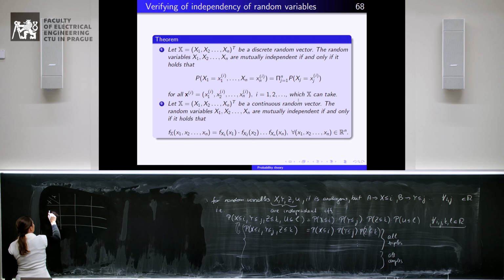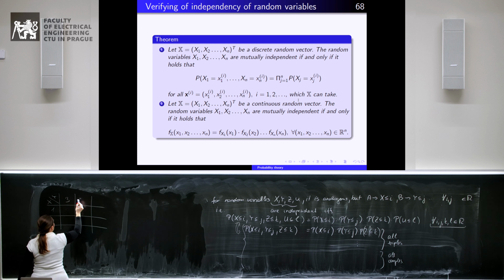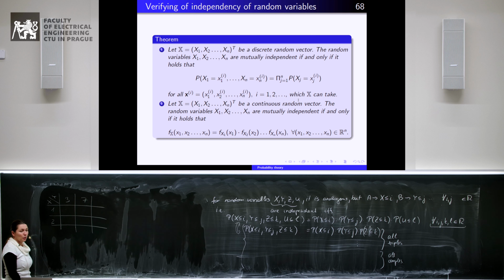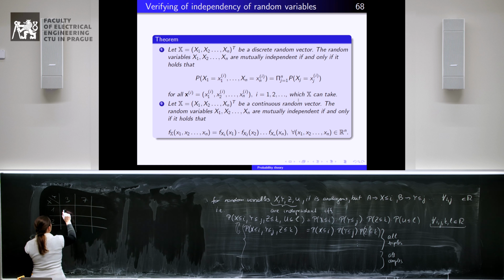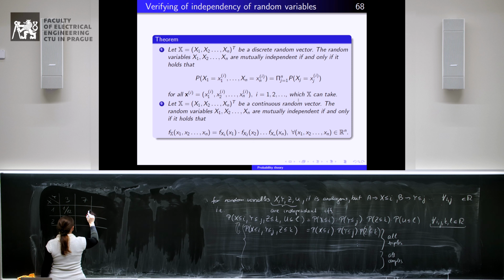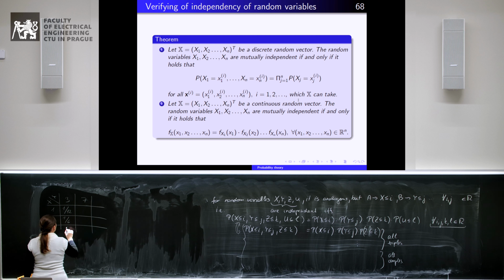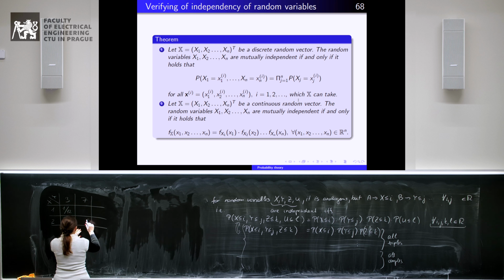And x can be, let's say, 1 and 2. Y can be 3 and 7. Not important. Their joint probabilities are 1/12, 1/6, 1/6, and